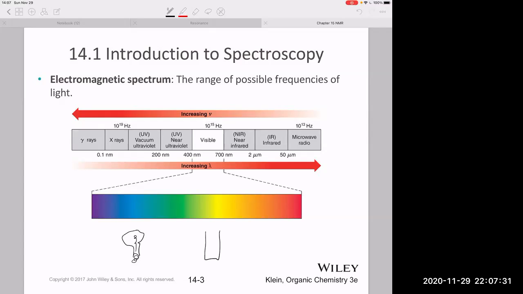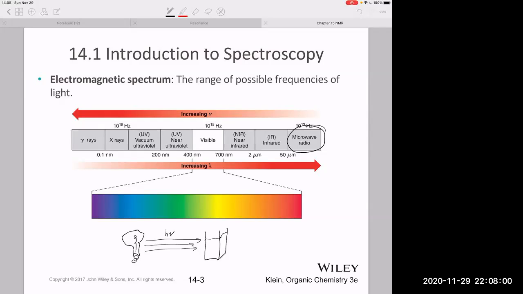But nonetheless, you take your source of radiation. In this case, for NMR, you're actually using all the way down at the microwave frequency. Remember IR, we were in this frequency here. If this was a visible light bulb, like the type you put in your lamps, you would be in the visible region here. But nonetheless, they're sending out the same thing, which are these photons that have a certain frequency,